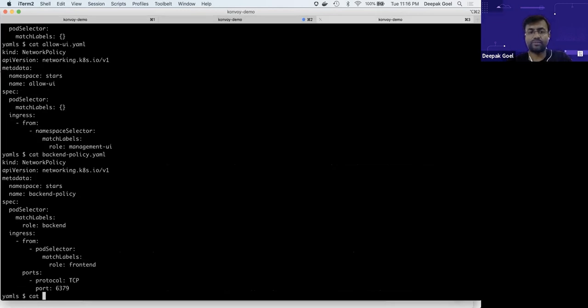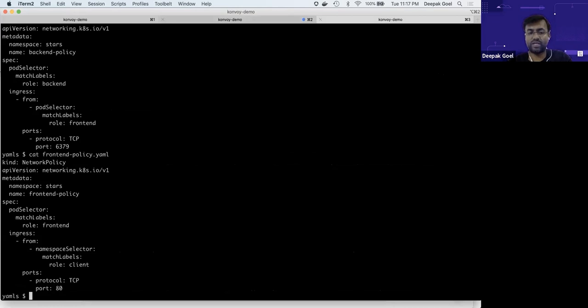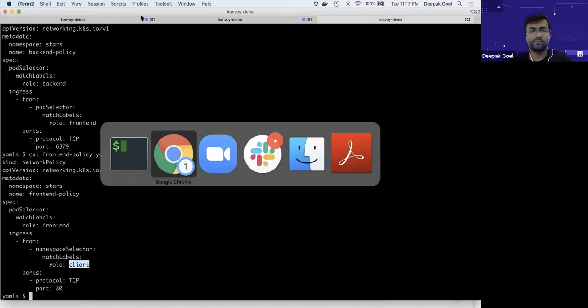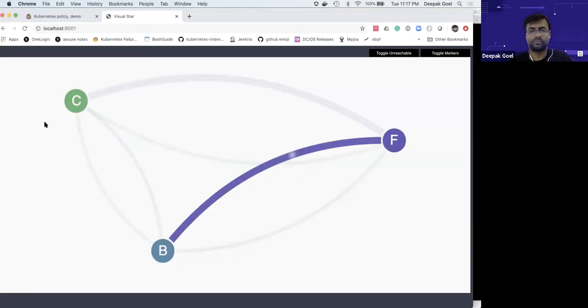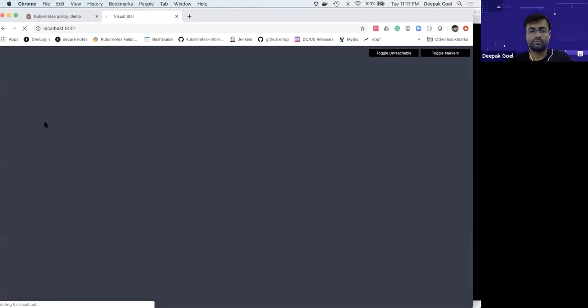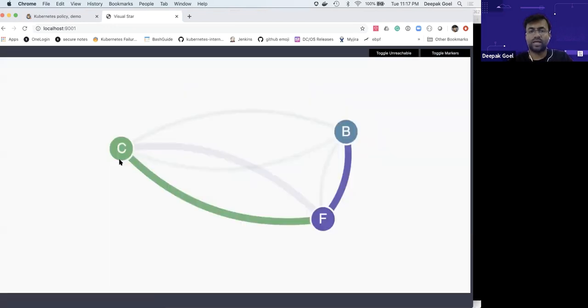It's a front end policy allowing the client on port 80, and the nature of the traffic should be TCP. Right? So now the client is able to make a connection to the front end,